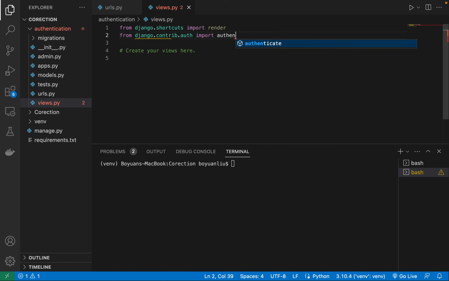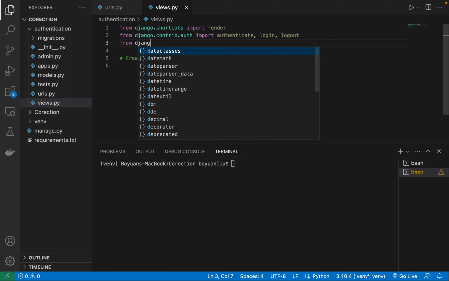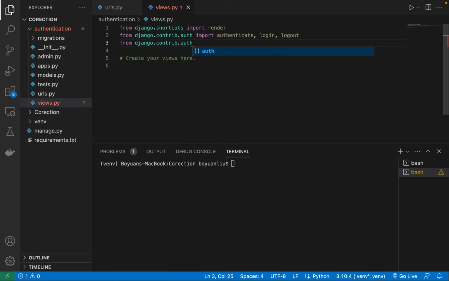From django.contrib.auth import authenticate, login, logout. Okay. So in here we're gonna say from django.contrib.auth.decorators import login_required. Okay. So in here we're just gonna define 3 views. Django's made of different views. We've got login view, register view,